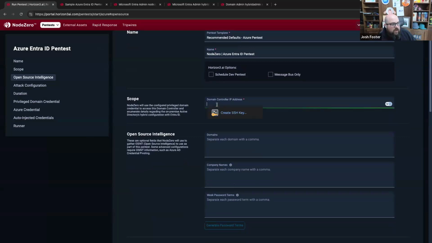Right away, you'll see we run the Azure Entra ID pen test from your on-prem Docker host. If you're familiar with Node Zero, you know that we run our internal pen test from a Docker image that you run on a host within your own on-premises environment. So for our Entra pen test, we decided the only scope we really want is your domain controller. And this is to take advantage of Node Zero's SaaS platform, and lets us test any of your hybrid misconfigurations that are